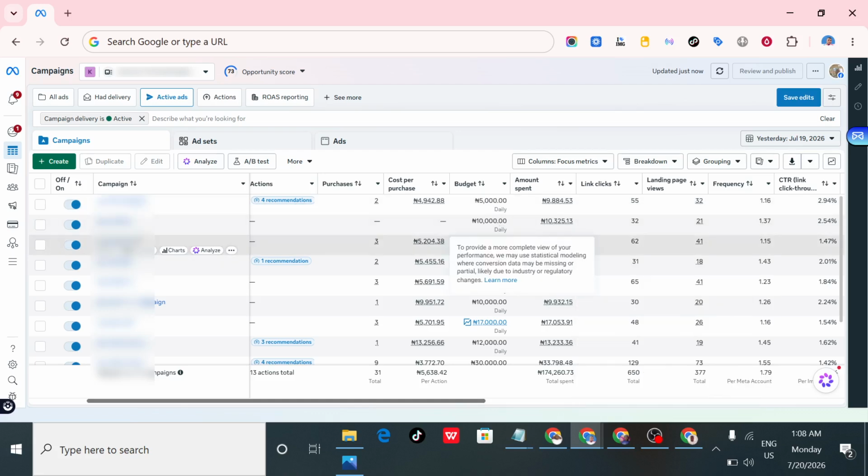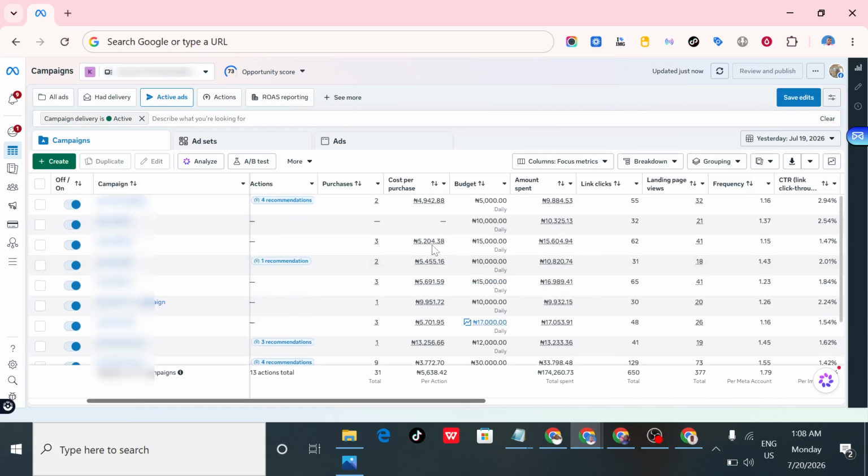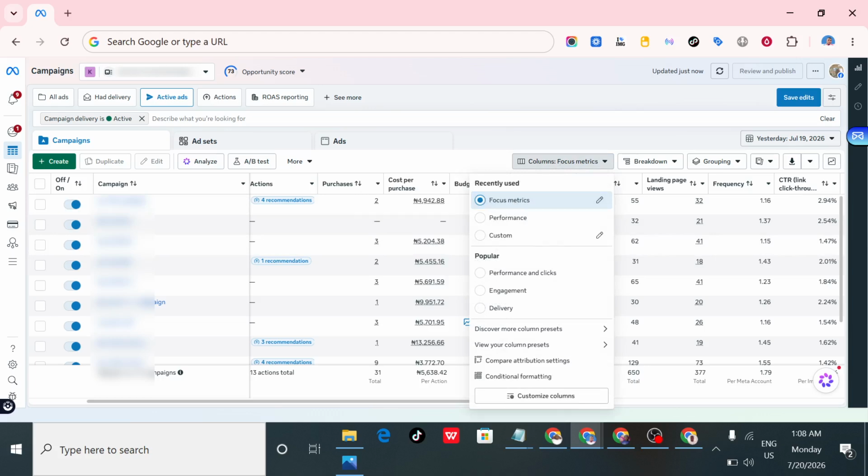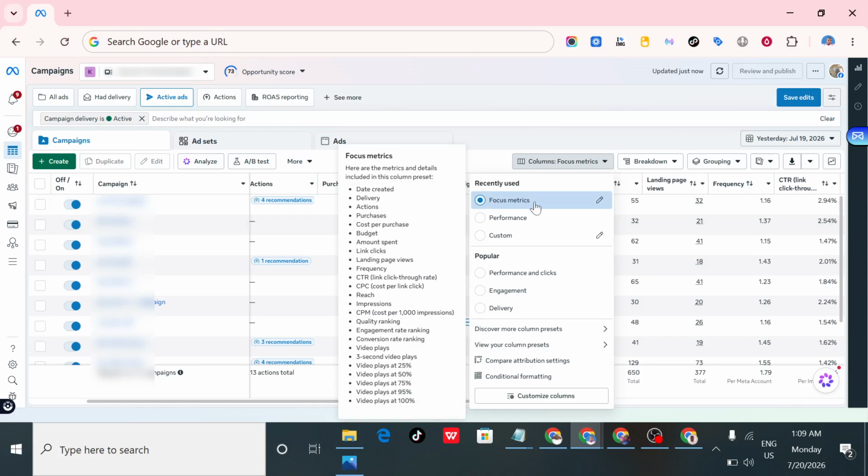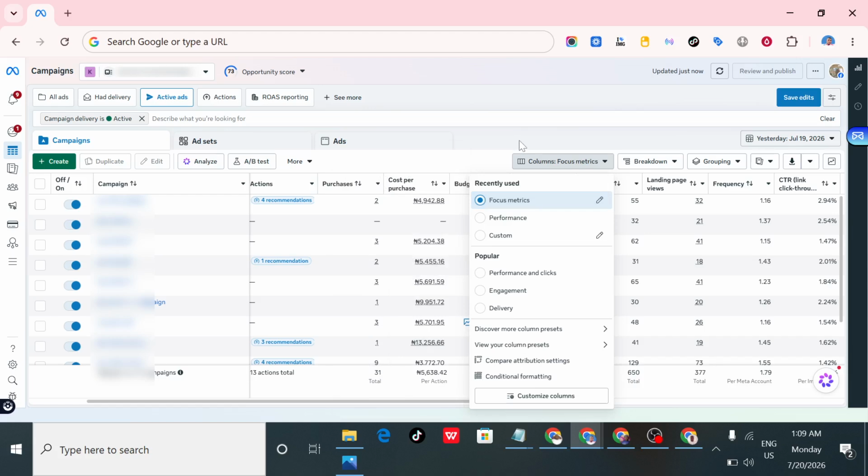You'll agree with me that when you create your ad account or when you open your ad manager, you will notice that it comes with a default dashboard, default columns, default metrics. But I was able to set up this dashboard with the metrics that really matter, so that every day, early in the morning, I'll be able to check only these metrics. So without wasting time,